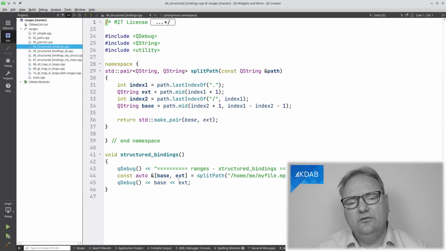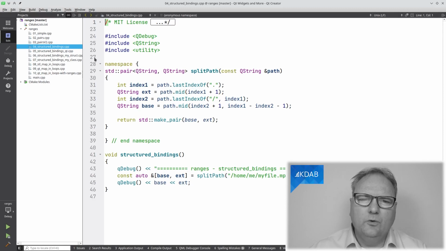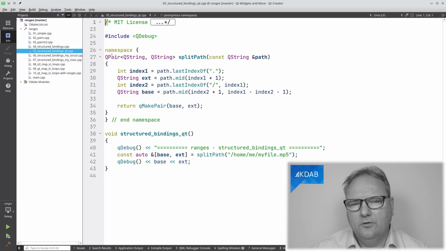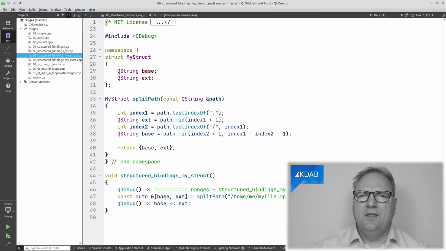At least I don't need to have two lines declaring base and extension anymore. It also works with QTuple or QPair, as we had from the Qt world. Exactly the same code. And actually, it even works with my own struct. So if I have a struct up here, I can just unpack it with structured bindings.